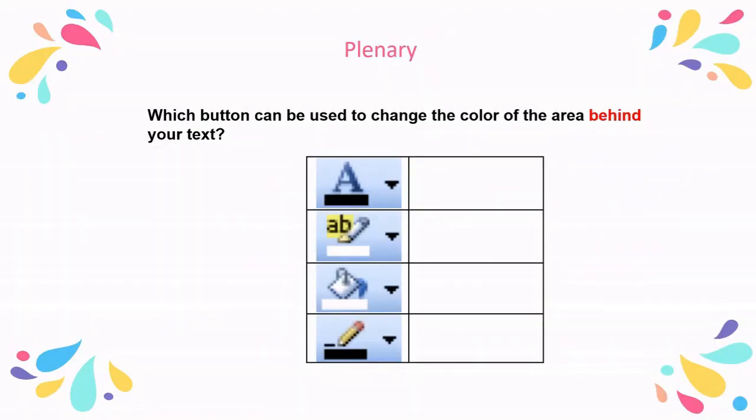Let's end for today with today's plenary. The plenary question asks, among these four, which button is the one to change the color of the area behind your text? The keyword here is behind. We know that if we need to change the color of the area behind the text, we have to use the highlight button. And if we want to change the color of the text itself, then we have to use this text coloring button, and this one is used for shading of a cell or a shape, and this is your